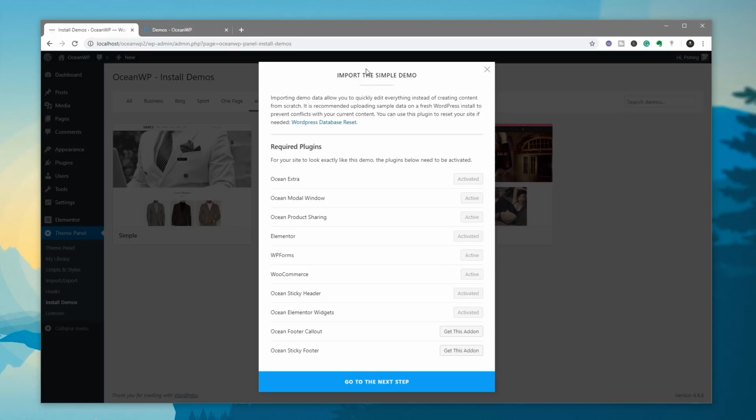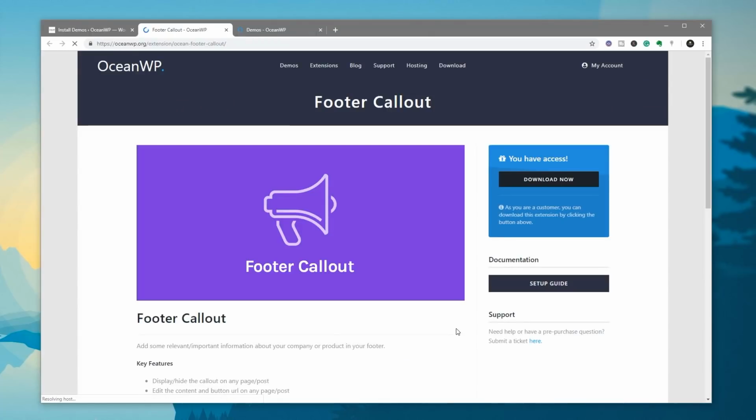So now that all the free options are downloaded and installed and activated, let's go through the process of grabbing these other add-ons we need. So let's click on Get This Add-on. You'll see that'll take us over to OceanWP, takes us straight through to the plugin that we need. If we already have it, we can just jump into your account and go and grab that and download it